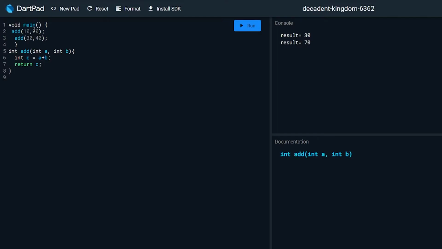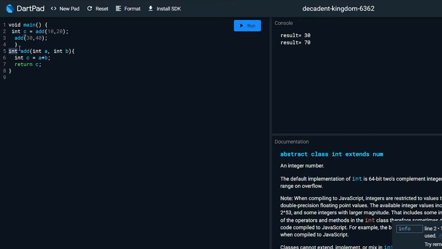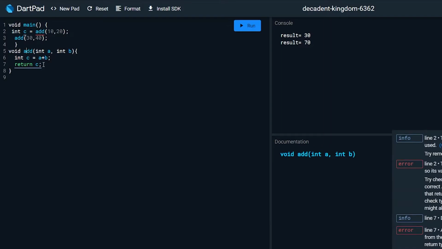Then we can receive it here. We can create a new integer here, int c equal to add. Then the variable c stores the addition of the two numbers, that is 10, 20, which is 30. So first we have to write the return type, then we can give the function name. Now we did it with void, so that will not return anything. We'll just print the result in the function itself.